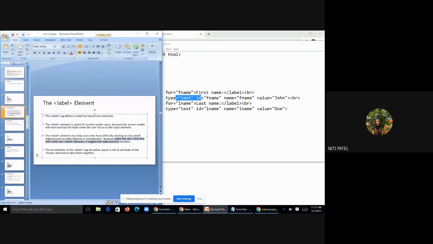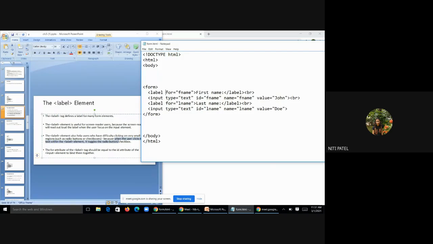The for attribute of the label tag should be equal to the ID attribute of the input element. This for in the label should be the same as the name. If you have kept fname1 here and you do not keep the label as fname1, it is not going to identify which particular element the label belongs to. So the for value and the name value should be the same.